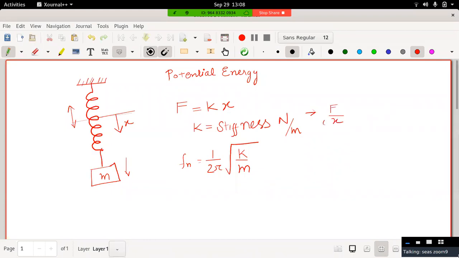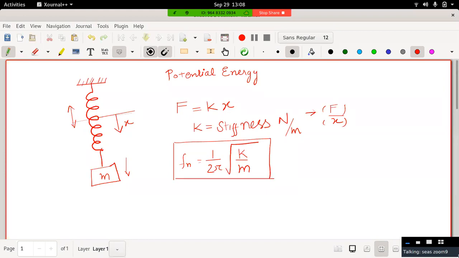So x is the deflection which we can measure. F is the force or mass we have applied here. In this manner, by using this equation, we can determine the natural frequency,